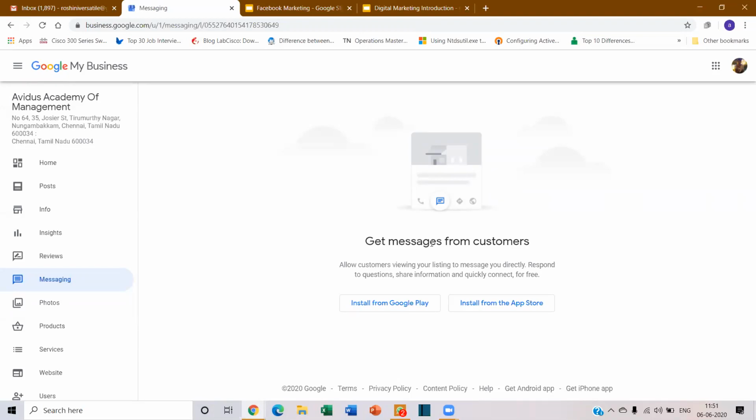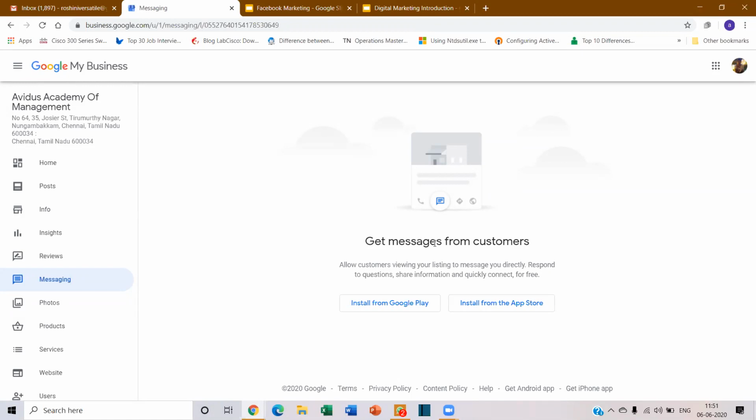You will get a message from a customer stating some query, you can reply back, and the customer will immediately get the message. But this is completely app-based. You can only use this on Android or iPhones, but you cannot use it in the web format.